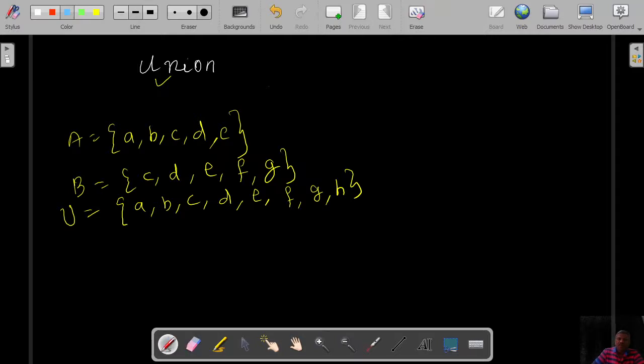Venn diagram. Venn diagram is very, very important. They may say it is not there in the syllabus, but if you know the Venn diagram, then you can do the problems. The statement problems are actually not removed. So to do those, you must know this Venn diagram. It will be very easy to do all the problems by Venn diagram. I can almost do all the problems by Venn diagram itself.